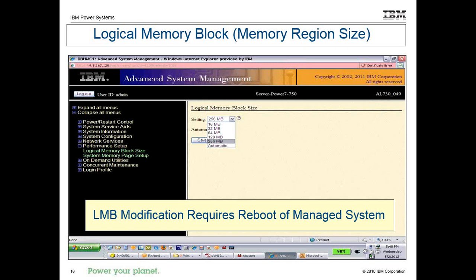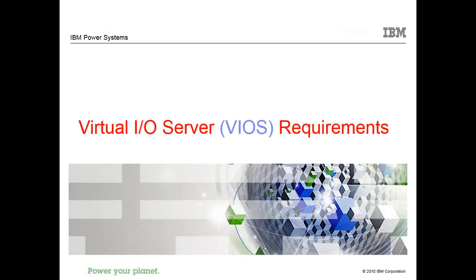Like I said, high-end boxes are always set to the same unless you've gone in and changed them. But I haven't seen a customer that's gone in and changed the memory region size unless they want to do some LPM from a low end to a high end. Okay, so this is something that can come up and give you that awareness if you're trying to use some system you found laying around, you may have to adjust your LMB size if you're playing with a larger system.